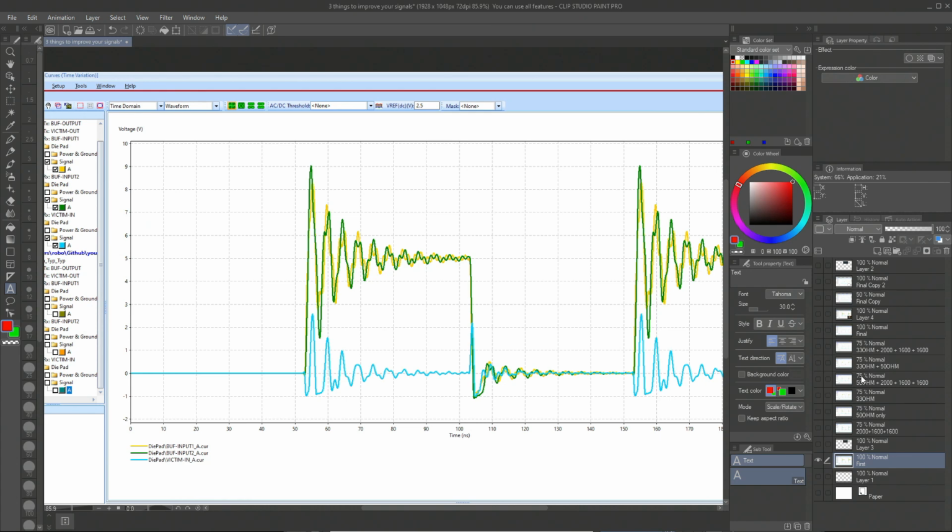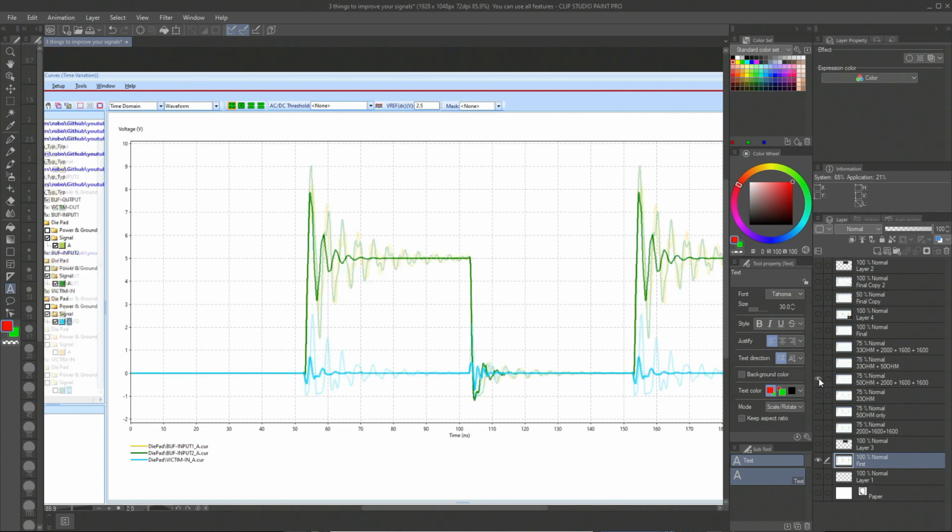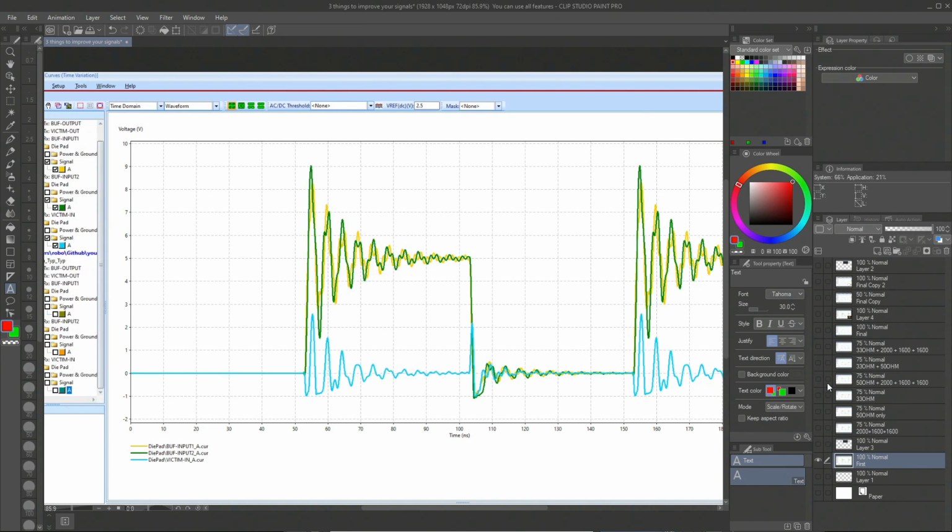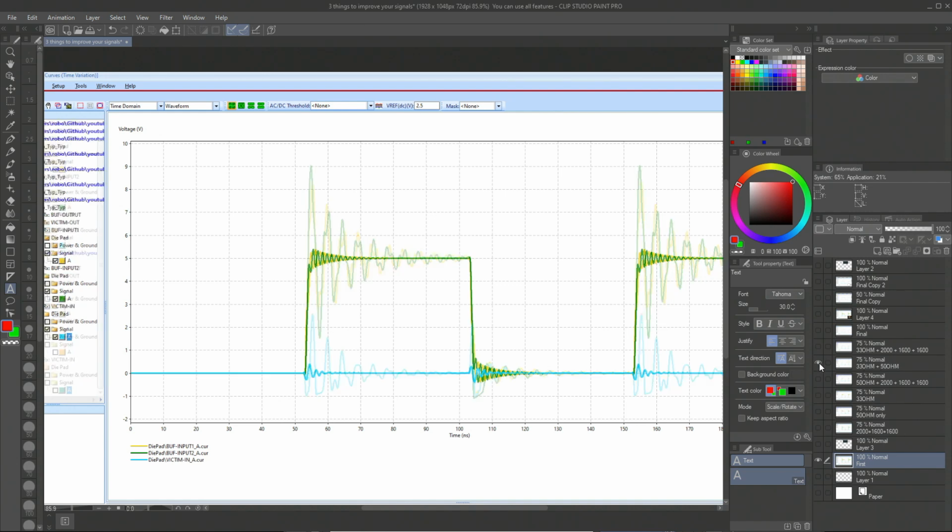If we would adjust the stack up and also do the length matching of the branches, this is what would be the difference. Okay, if we would use a series termination resistor and the proper stack up, this is what would happen.